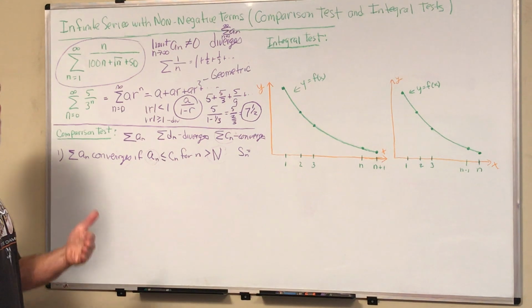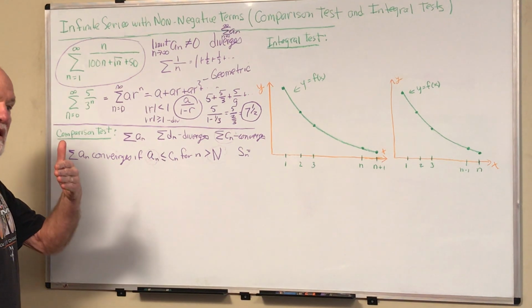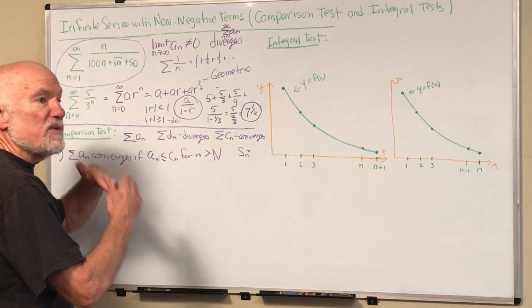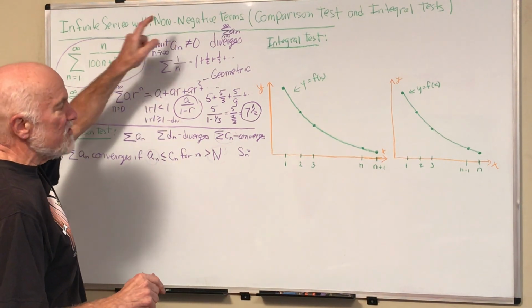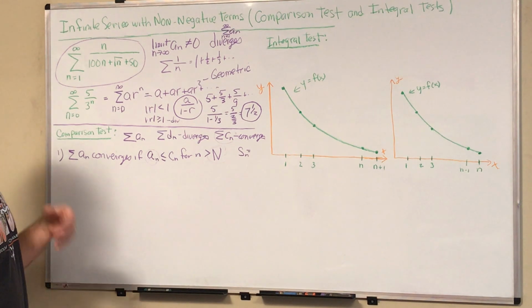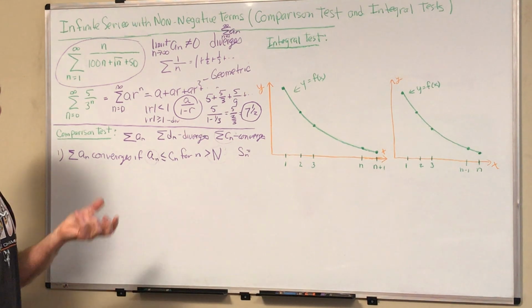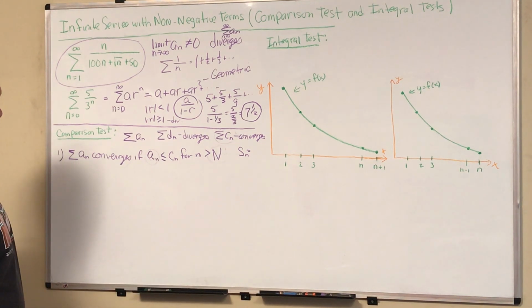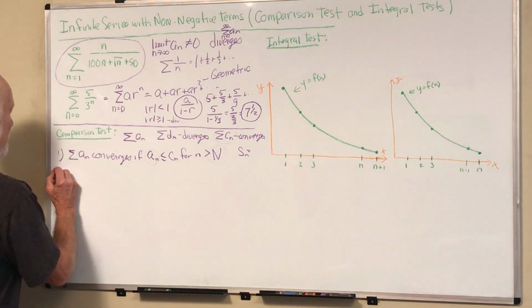And if you have an increasing sequence, which these partial sums are always going to be because they're all positive terms, if it's bounded above, then it has to converge to something. Maybe not that number, but to some number. Anyway,